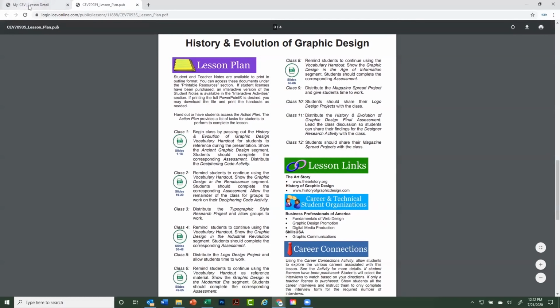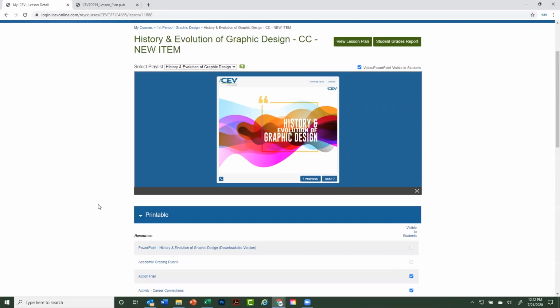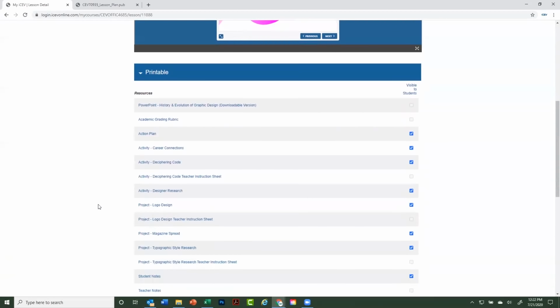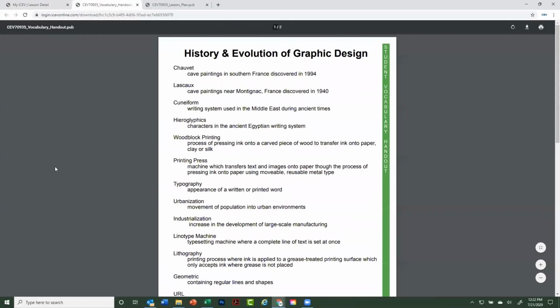If I go back to the lesson page, and remember I talked about all of those things in italics, you can access those by uncollapsing the printable menu here. So on day 1, if it says to hand out vocabulary, I can click on the vocabulary handout, and that's going to pop up here. All of these are just PDF documents, so they can be printed, they can be emailed, they can be saved. They can actually be shared on Google Classroom or any other type of LMS that you might have,